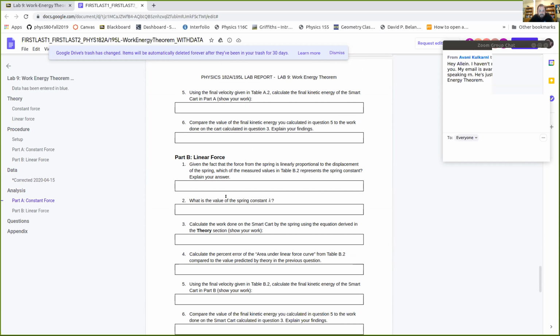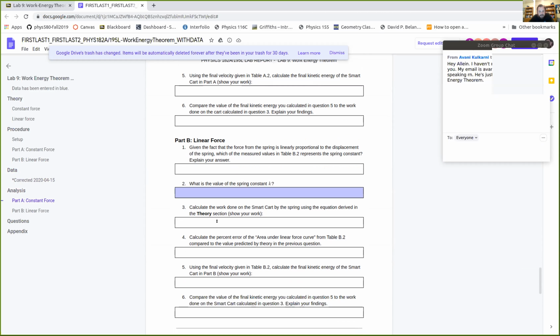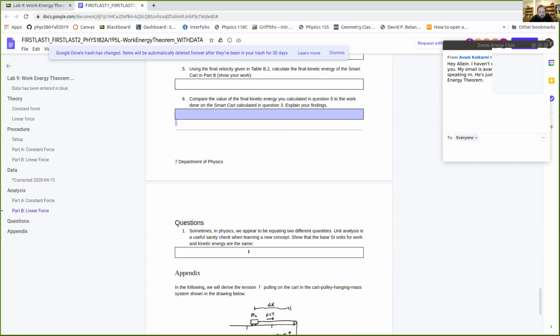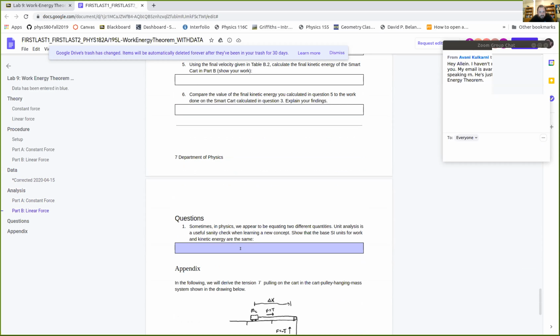So, okay, what is the slope, or what is the K value? It's the slope. What is the slope? What is the K value? Write it down. Calculate the work done. Compare it to that area under the curve thing. Use the final velocity to calculate the total energy at the end. And then do another comparison. And then answer this question right here, which is,